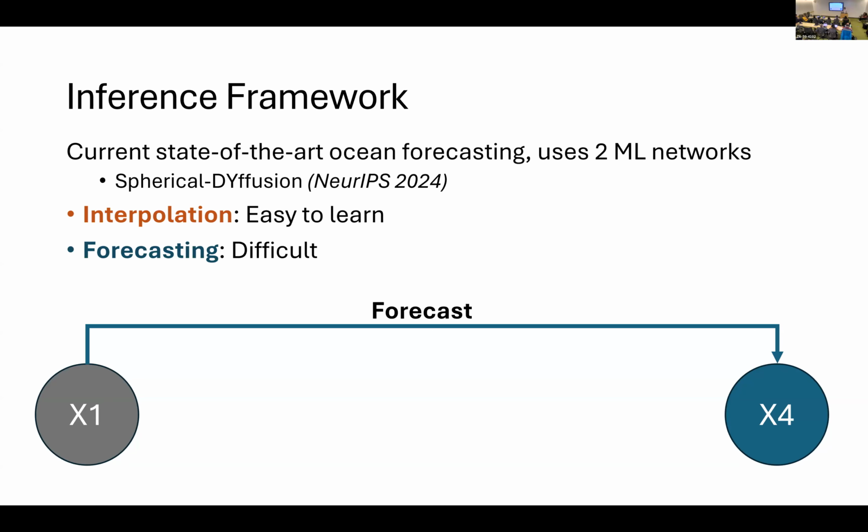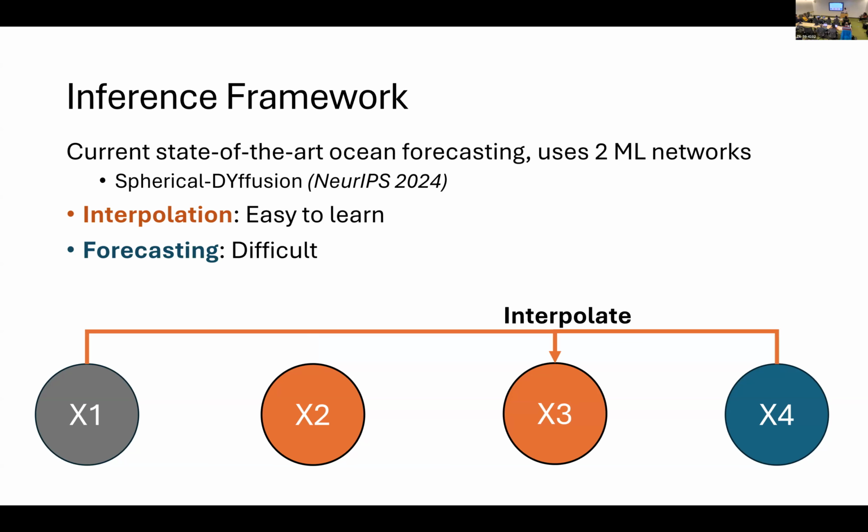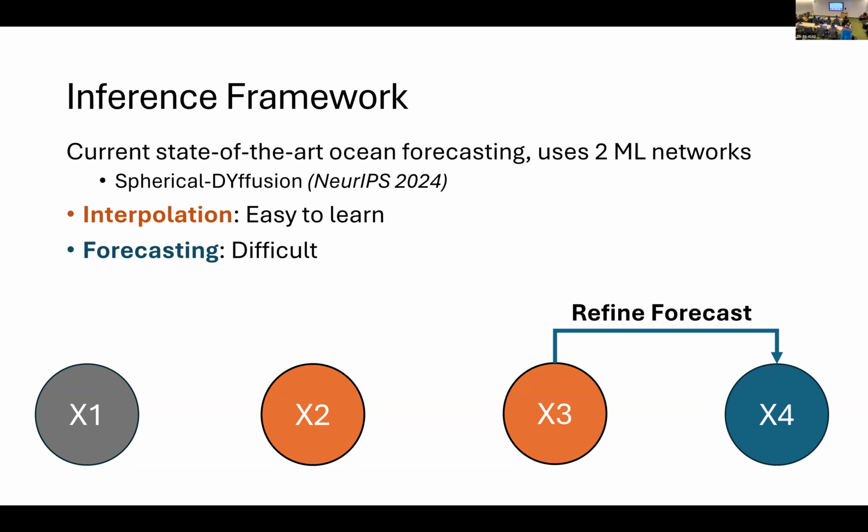First, we have some data, X1. We make a forecast using the forecaster architecture, predict X4. And using X1 and X4, we interpolate X2. Then we use X2 to refine the forecast with the forecasting model again. We do another interpolation, get X3, and so on. We refine the forecast. And if you're familiar with diffusion-based machine learning models, this is based on that. It's very similar. And this has a few additional benefits as well, such as it can predict a distribution of states in the future. And it can predict in finer timescales than what was used in the training data.